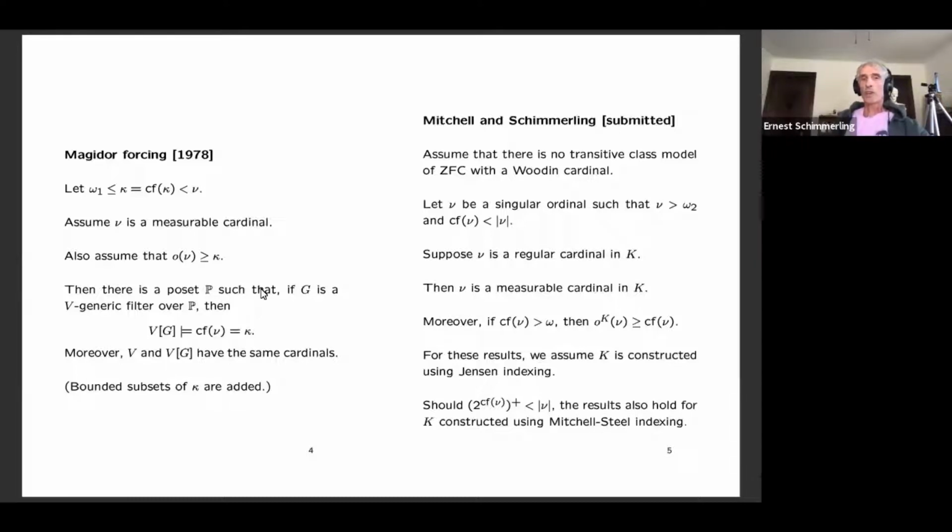Then there's a poset, which I won't write down, P, such that if G is a V-generic filter over P, then in this generic extension, you change the cofinality of nu to be exactly this kappa. And you don't change cardinals. It preserves cardinals. It does add bounded subsets of kappa, but there are other reasons why it preserves cardinals less than or equal to kappa, less or equal to nu. Okay, so those motivate